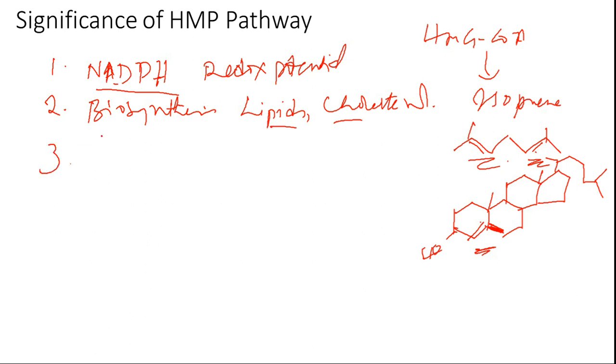The third one is for the health of RBC. So in case of RBC, actually RBC is meant for carrying hemoglobin. Hemoglobin helps us in the transport of oxygen. Okay, so in RBC redox potential is to be maintained here for the survival and maintenance of the membrane potential. NADPH is essential. NADPH is very, very important.